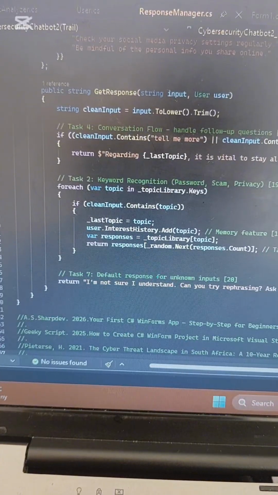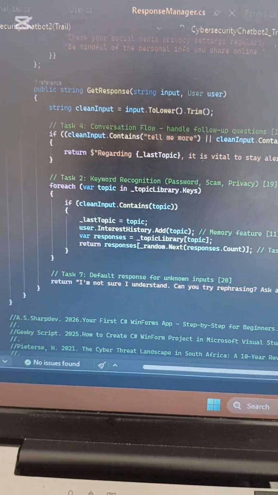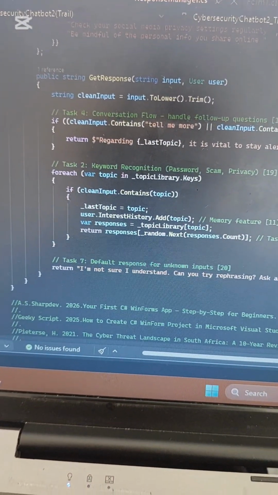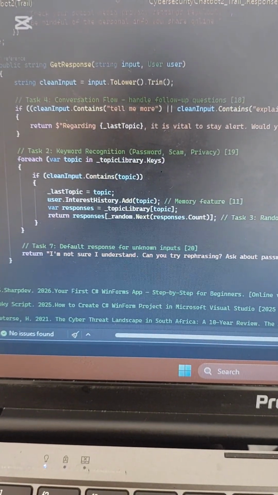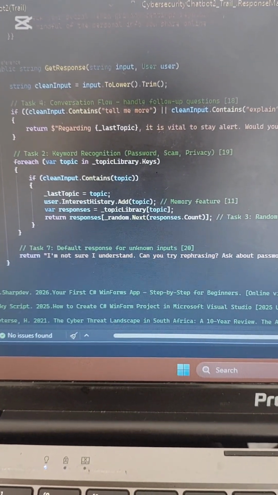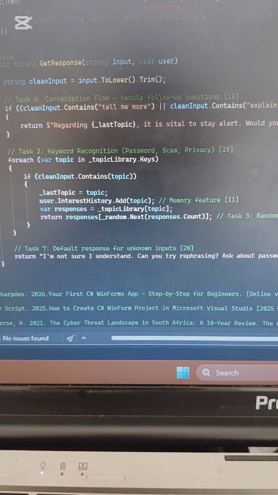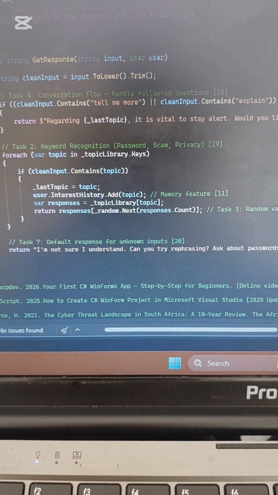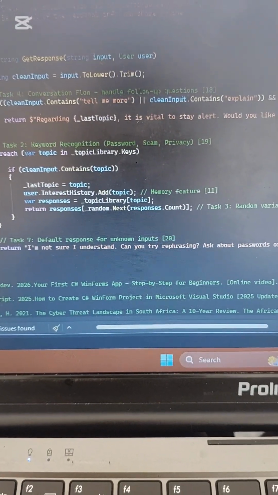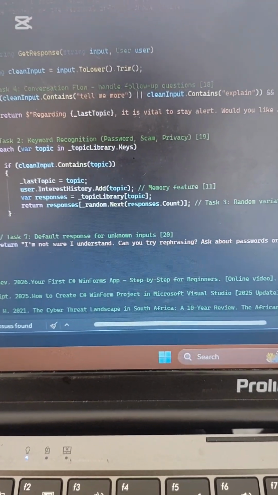So if a user says "tell me more," the class checks the last topic variable. It continues the current discussion without forcing the user to retype the keyword, creating a seamless experience.